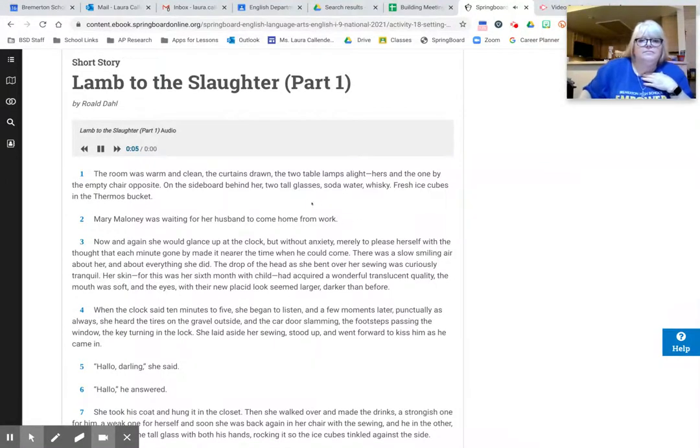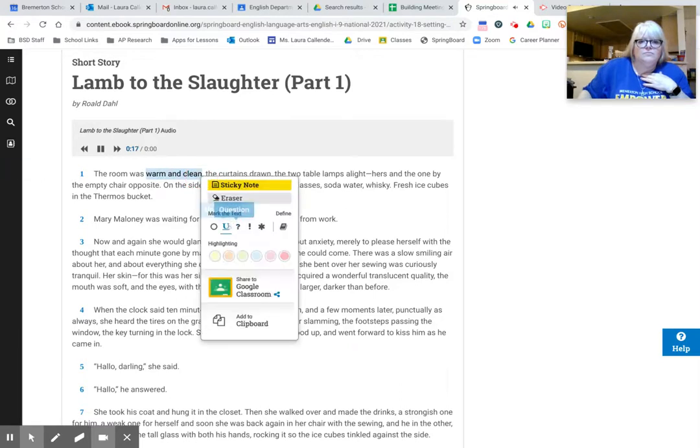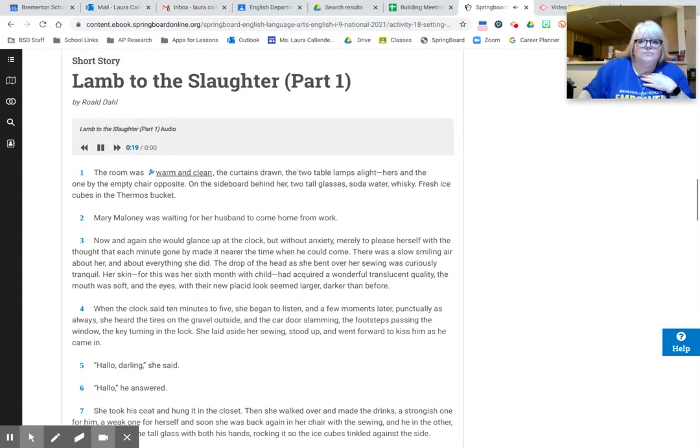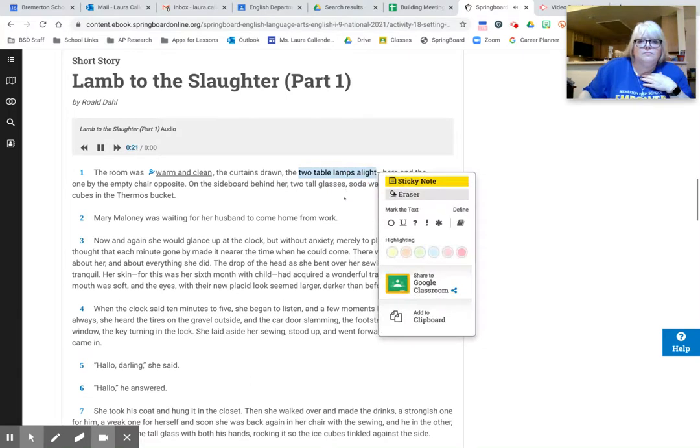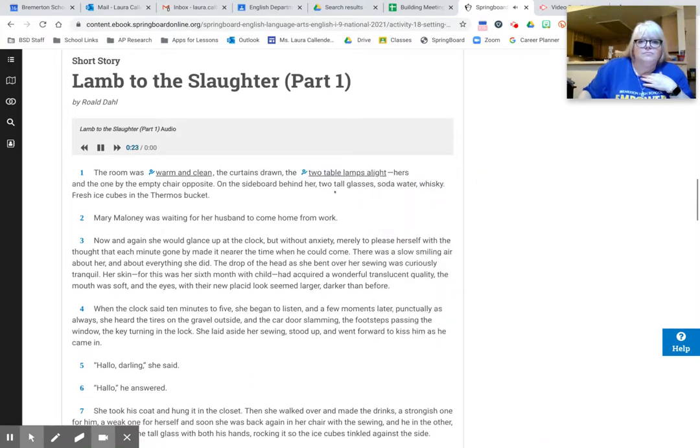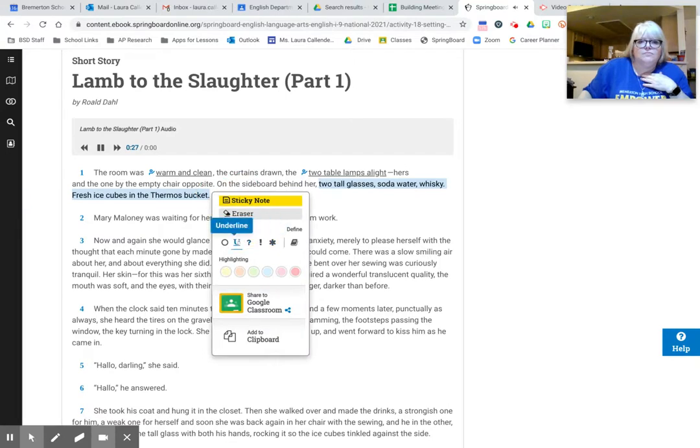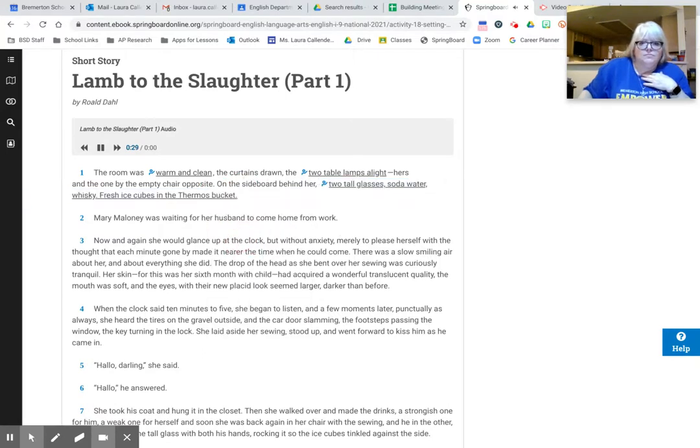The room was warm and clean, the curtains drawn, the 2 table lamps alight, hers and the one by the empty chair opposite. On the sideboard behind her, 2 tall glasses, soda water, whiskey, fresh ice cubes in the thermos bucket. Mary Maloney was waiting for her husband to come home from work. Now and again she would glance up at the clock, but without anxiety, merely to please herself with the thought that each minute gone by made it nearer the time when he could come.